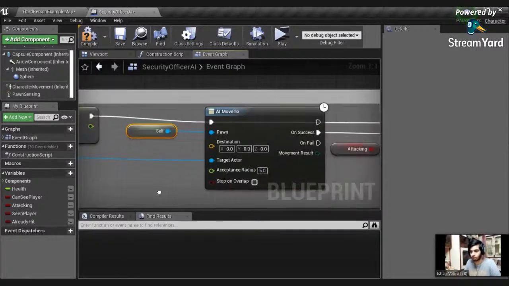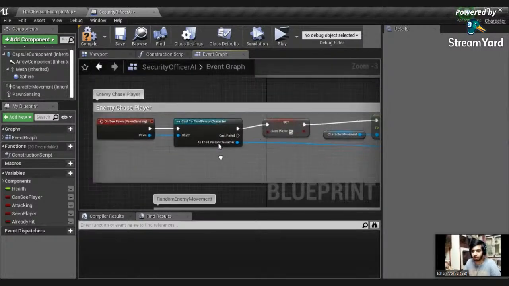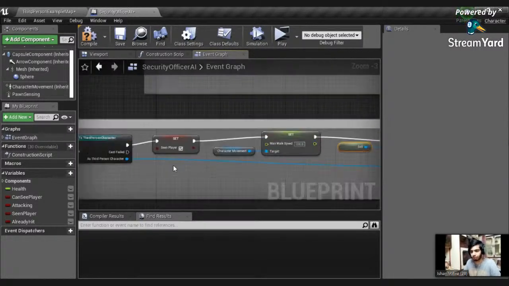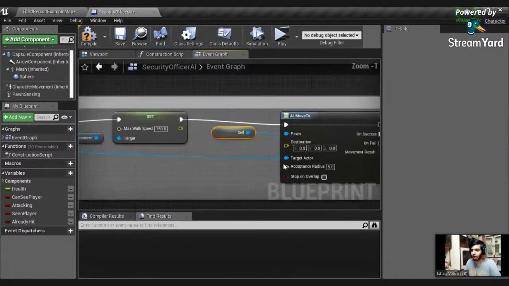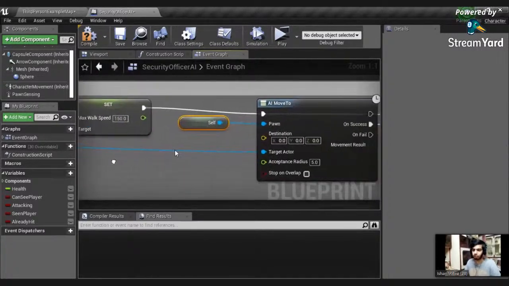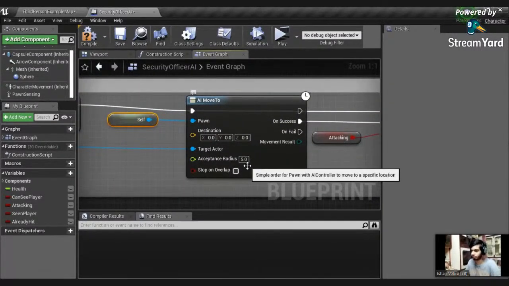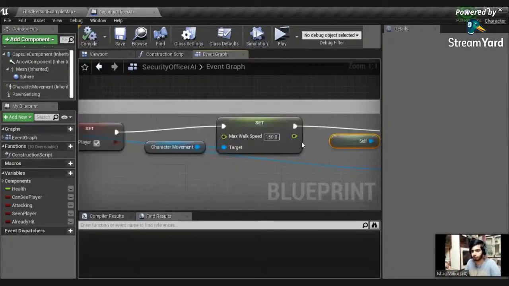Now for the target actor, just drag as third person character and connect it with target actor. Okay. So what it is trying to do is when it sees the player, it is going to set scene player to true. It is going to go into maximum walk speed, and the target of it is literally our player character. So it will move to our player character. It will sort of chase it. Now compile it, save it,